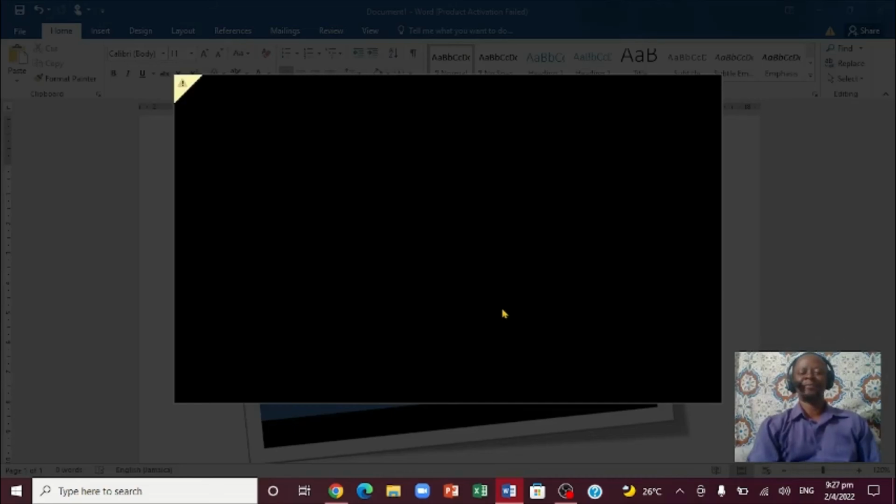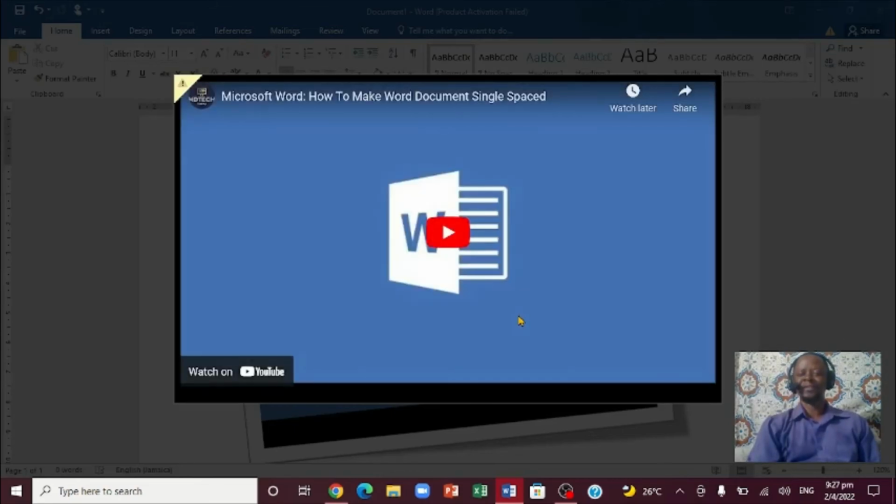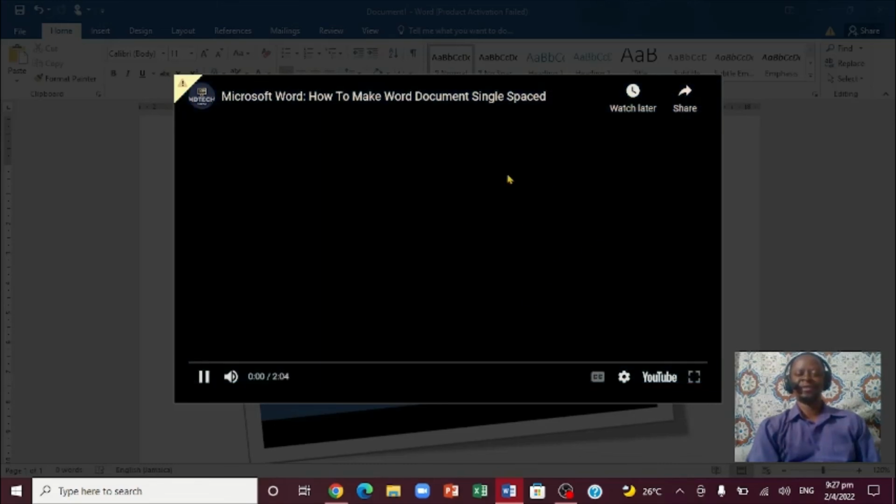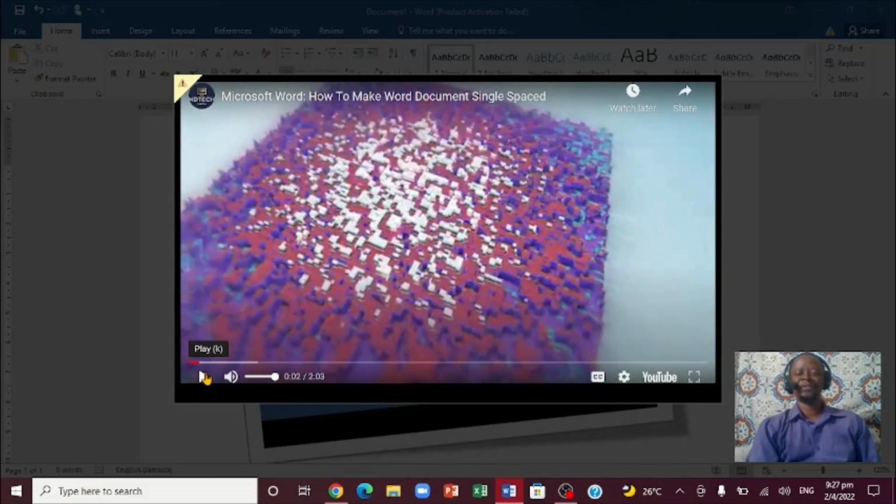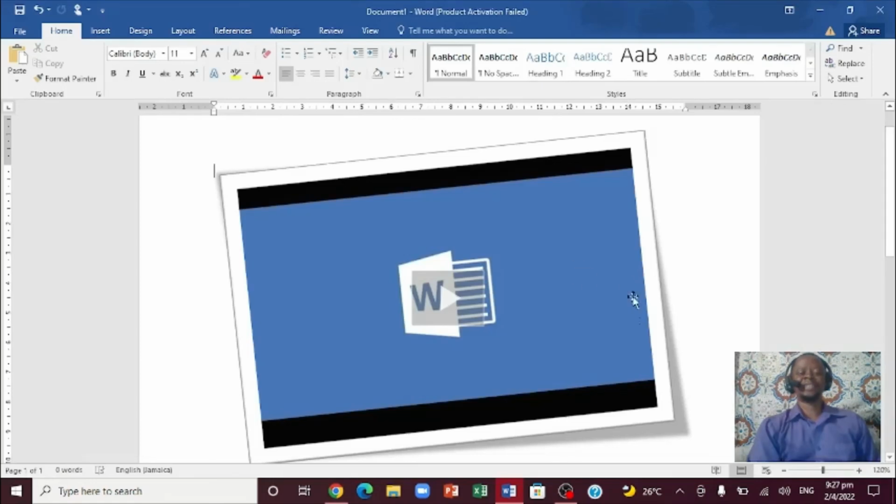Some of you might be surprised that this is set as a video right here, and you can share from right here, so you can also watch later. But if I come like this and click, you notice now the video is loaded. So this is exactly how it plays. I can come right here and click. When you finish, you can press the escape key and it takes you directly back on it. So this is exactly how you insert a video into a Microsoft